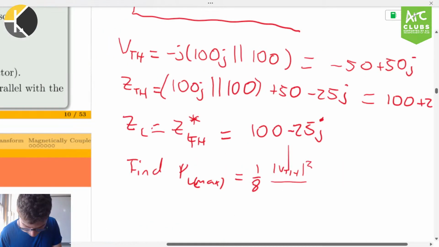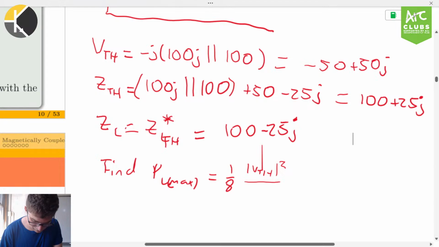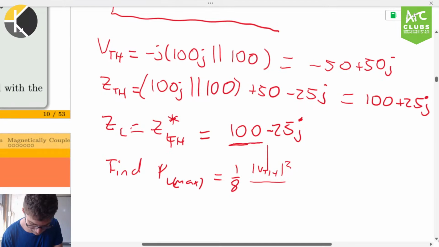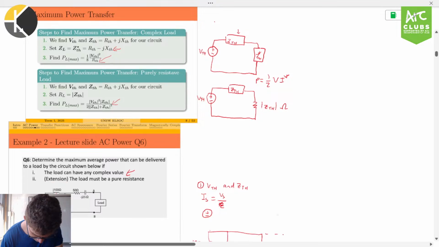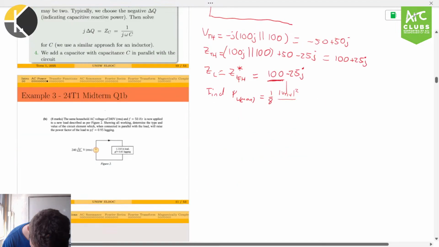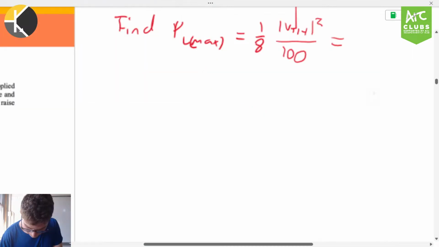RTH here is just this part of the impedance. So it says 8 times RTH, that's easy. So yeah, 100, so we get 1 on 800